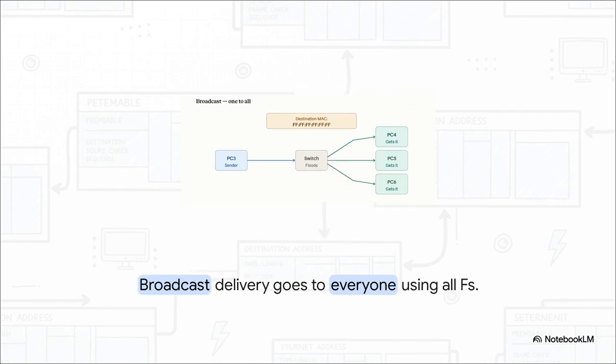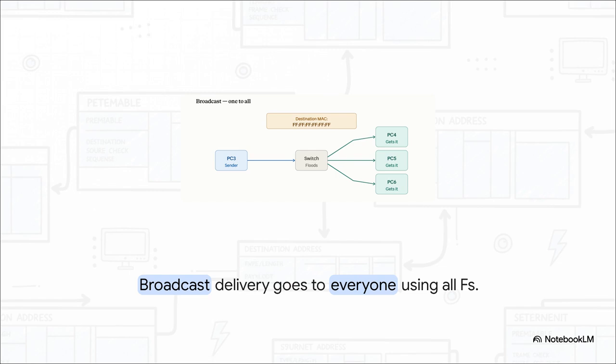But what if a device needs to find someone, and it has no clue what their address is? Say a new device joins the network and needs an IP address from a DHCP server, but has no idea where it is. It uses a broadcast. By filling the destination MAC with all Fs, FF:FF:FF:FF:FF:FF, it forces the switch into its flooding behavior. The switch copies that frame out of every single port. Everyone gets a copy. It's the network equivalent of grabbing a megaphone in a crowded room and yelling,